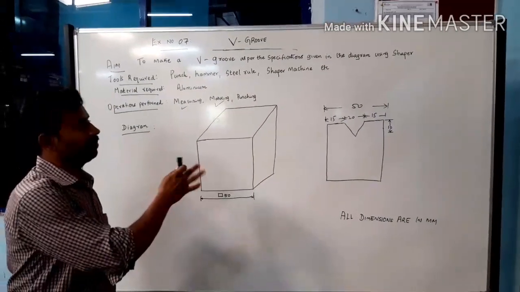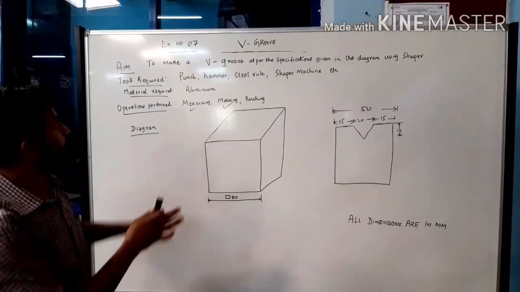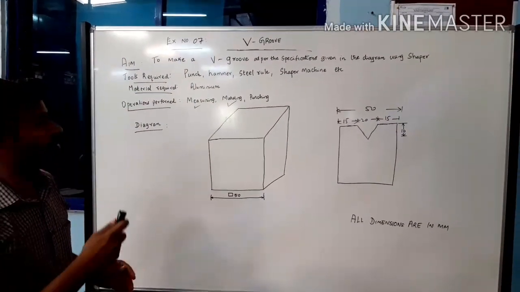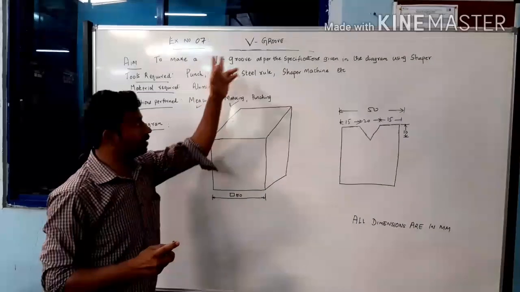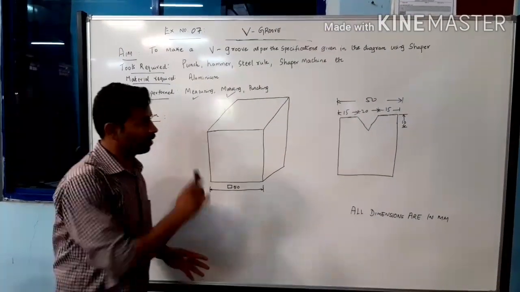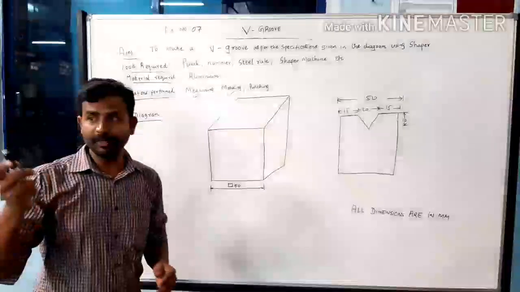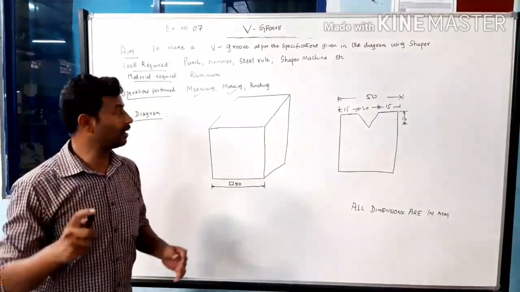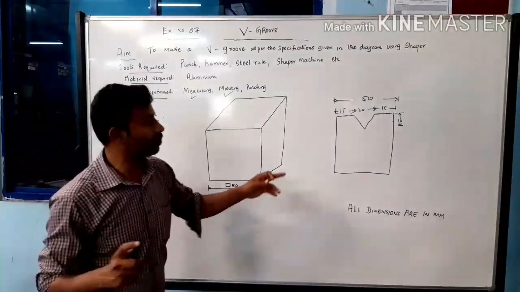It is the same kind of experiment we discussed in the previous class, experiment number 6, in which we produced the square groove, and now we will try to produce a V groove. So now let us move on to the machine itself and look at the parts of the machine, and we will set up a 45 degree angle and try to produce a V groove.